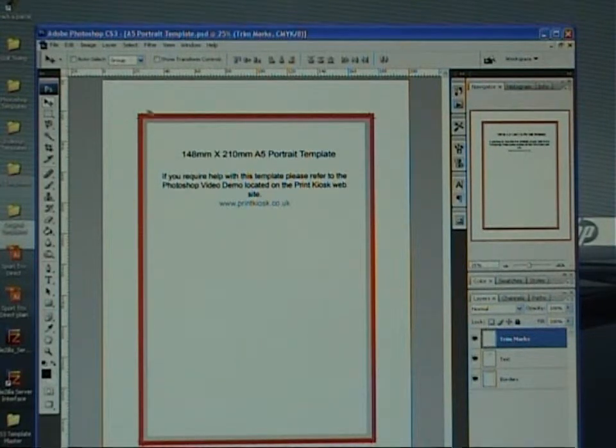Obviously the trim marks are trim marks, they show you where we're going to cut, which is right between the grey and the red, and that will be your finished size. Okay, in terms of design then, what we need to do is first of all get rid of this text